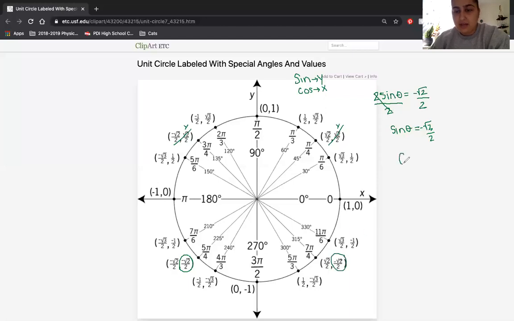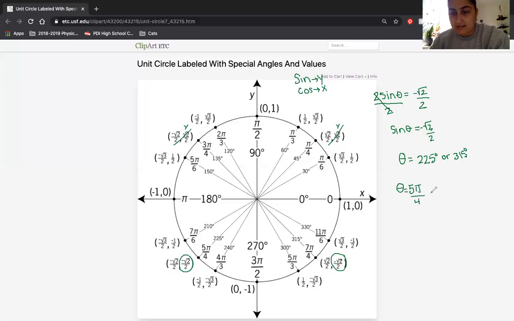So I end up with theta equals 225 degrees or 315 degrees. Because if I plugged in 225 to sine for theta, I would get negative root 2 over 2 out. Or if I plugged in 315 for theta, I'd get negative root 2 over 2 out. But if we want to be super mathematically correct about our answers, then my preferred way of writing this would be 5 pi over 4,